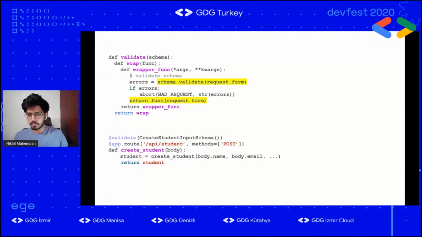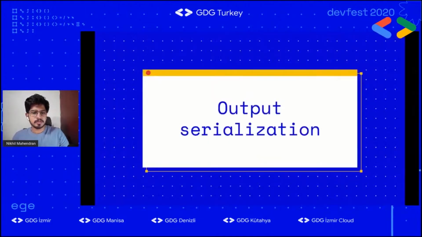Next we'll move forward to see output serialization. As a developer, one must be very careful about what we return to the outside world. For example, we should not return a password, or student details to the mentor. The mentor should not see student details, only the admin can access them. Output serialization is important in languages like Python, Node.js, PHP, where we don't have return types for functions. Languages like C++ and Java have return types. Basically, this function should return an object of student, but in Python we don't have that.